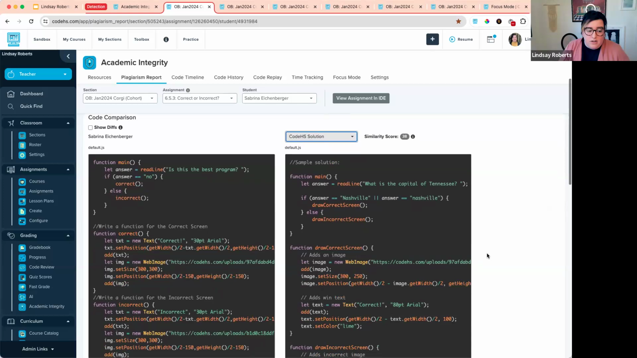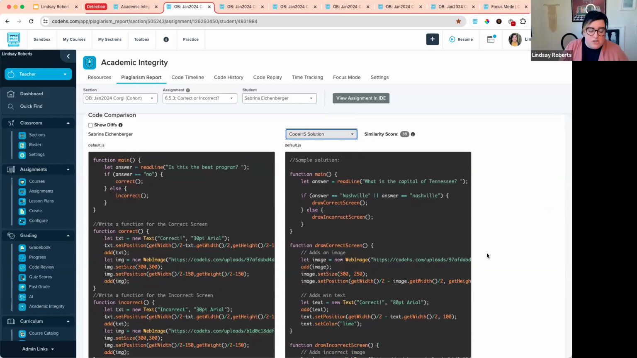Then I have, again, this might be my favorite part of this page. This is the code comparison. So I can look at Sabrina's code on the left and the CodeHS solution on the right. And I get up here a similarity score. So how similar was her code to the CodeHS solution code? It's between 0 and 100, so it's like percentages. And if you hover over this little I, it'll tell you